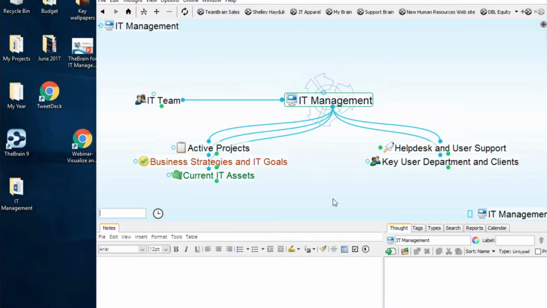So I want to cover this template, give you all a foundation for getting started on your IT management brain, and then we're going to go into some other interesting examples and how-tos of visual information integration. This particular brain has a lot of different stuff here. It's based on a number of our client applications. So first of all,